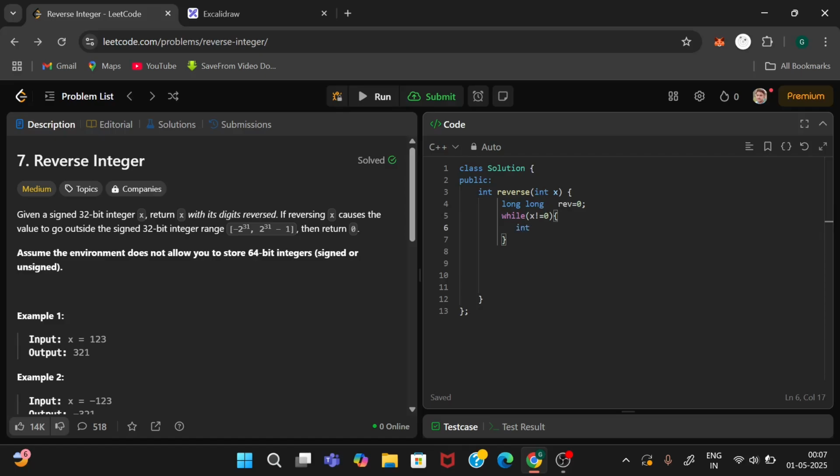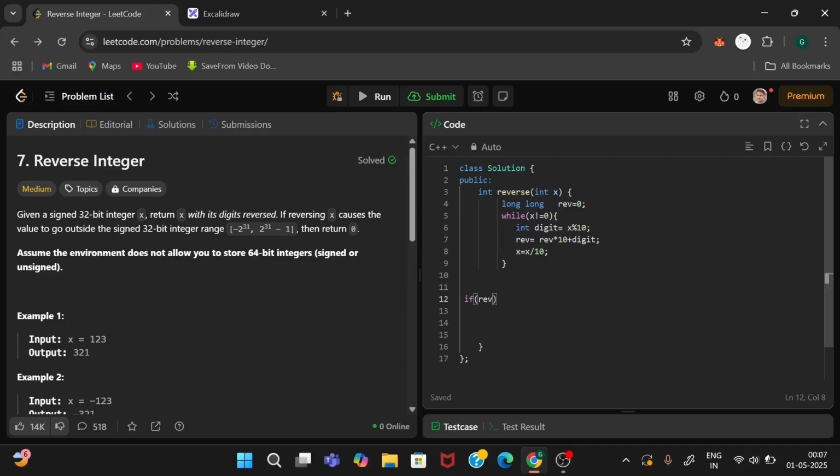Again taking our integer variable digit, we extract the last digit from the given integer using the modulo operator, and using our formula reverse equals reverse into 10 plus digit, and after that we will reduce x by using the divide operator, and in this way we come out of the loop.